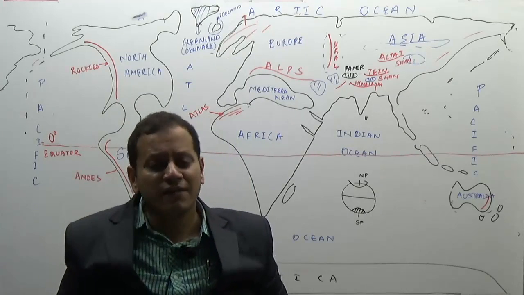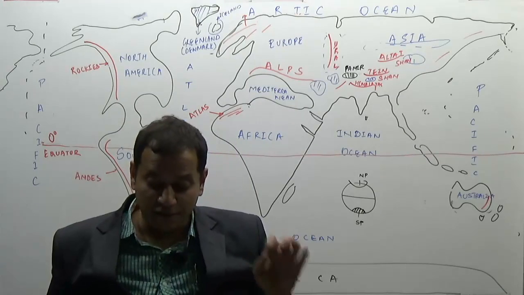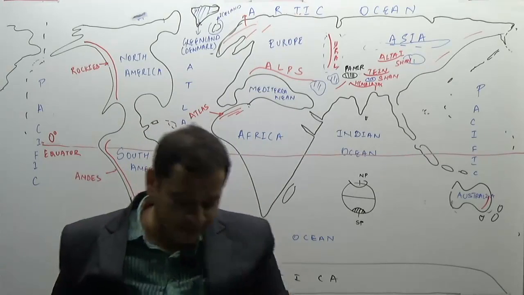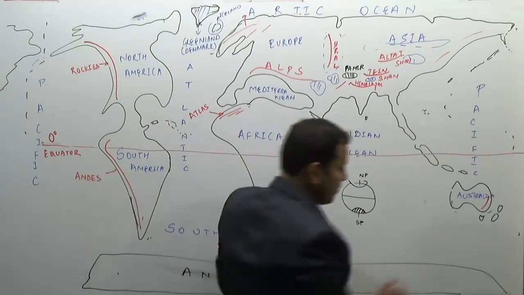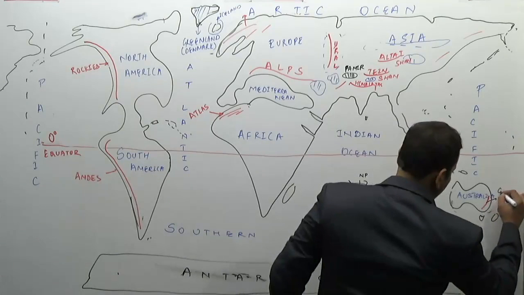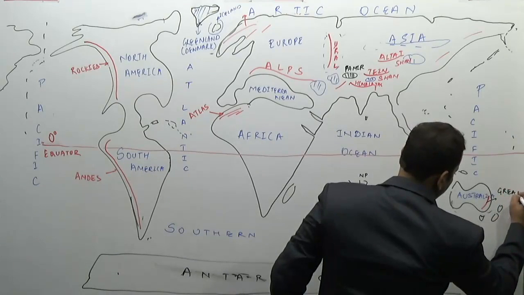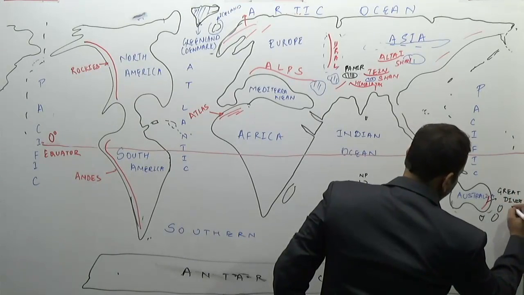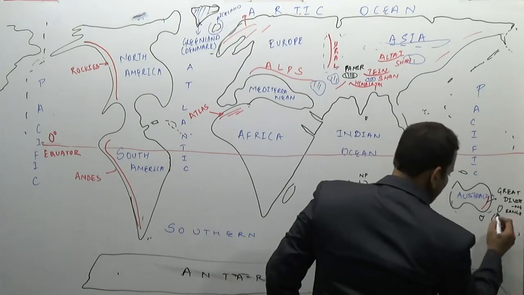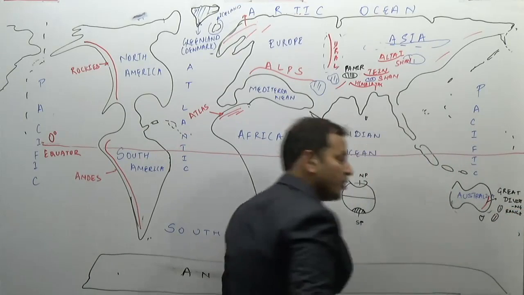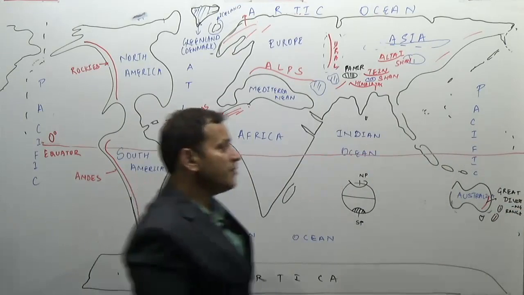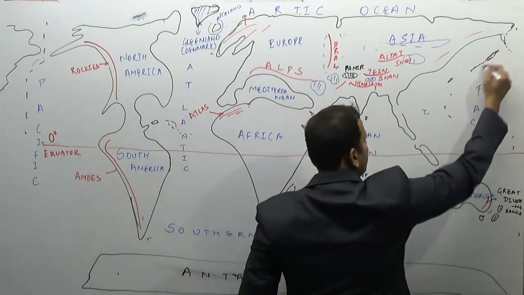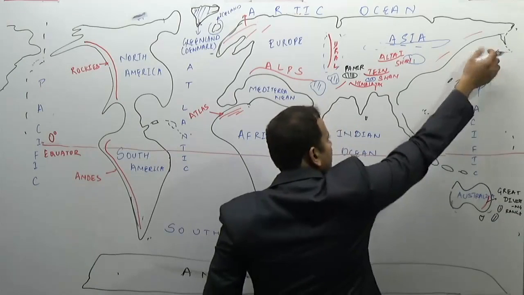So we have different locations, different countries here. Then we have the Great Dividing Range, the name of a mountain range in Australia. Then we have the Southern Alps. Then there are some countries which are located as islands. One is Japan,